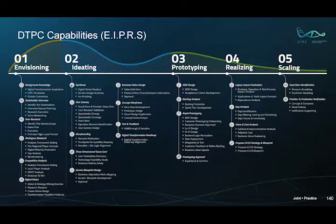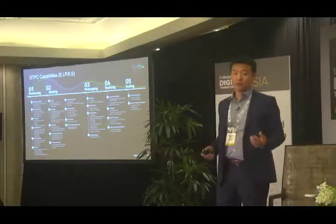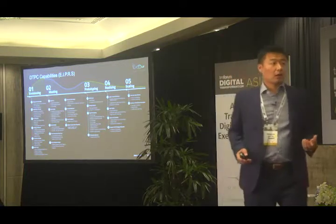we go through all the customer journeys, the employee journeys, the ecosystem partner journeys, and we try to find out the right moment from the user desirability point of view. And then we evaluate them from the business viability and technical feasibility point of view, and we get something we call a signature moment, which is the core idea for this transformation. And after that,